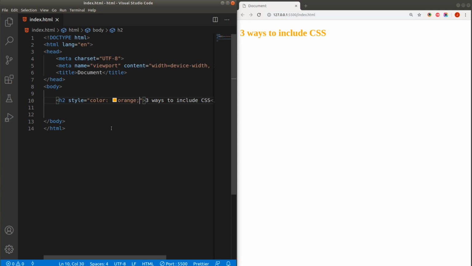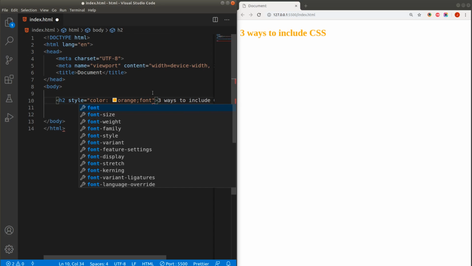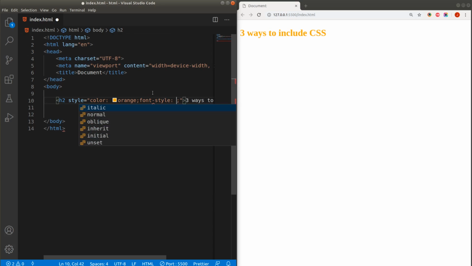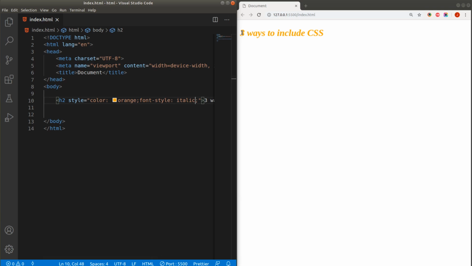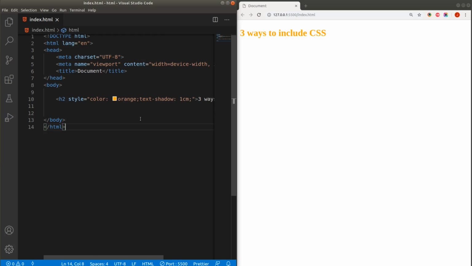So in this way we can apply any number of styles to the target element. So we will try to add another property over here, and we will choose the property font style, and I will choose the first value for it, that is italic. Let me save the changes, and look, here you can see the font style of our heading element is now italic. So now as you can see, I need to scroll my window to see my complete code, and this is not a good coding style. So I will reformat my code again here, okay?